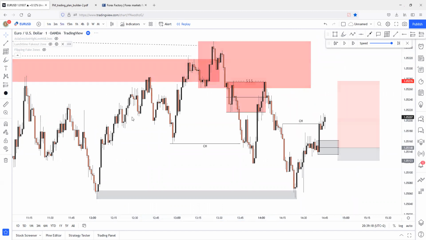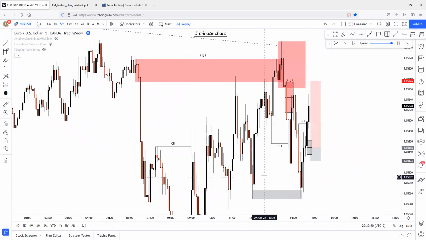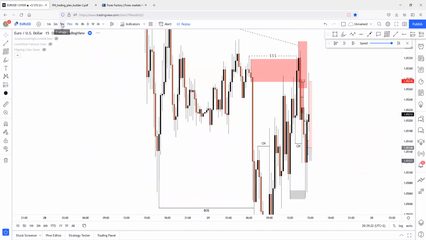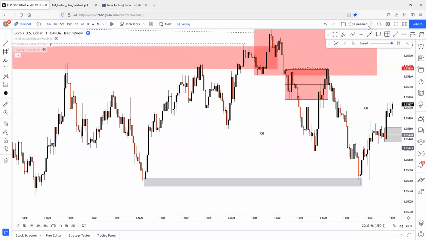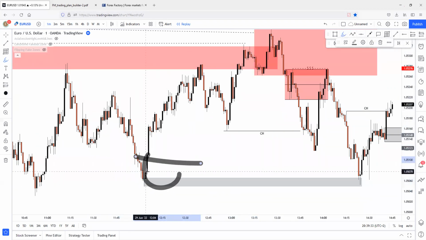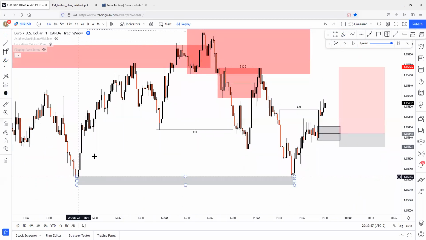Changing markets, this was more likely a 5-minute zone tap too. As you can see, this is a 5-minute zone and this is a 15-minute zone too. You can actually easily identify higher time frame zones because this is the origin of the whole bullish order flow here to the upside. This is the origin, and every single origin is more likely to be a 5-minute or a 15-minute zone.